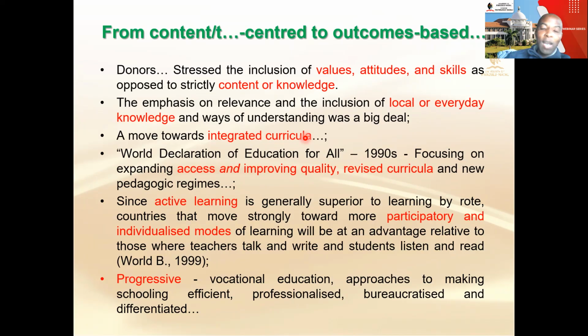So in terms of our progressive ideology, we were talking about vocational education approaches that will help us to professionalize what we are doing, and then we bureaucratize it. So in other words, we structure it, and then the issue of differentiation,